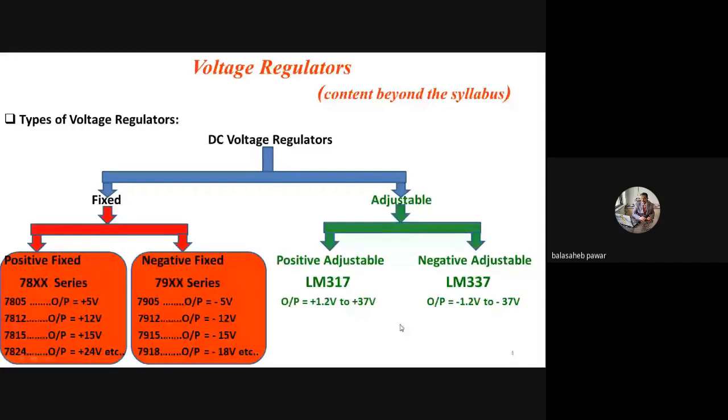So see, just to compare this adjustable and fixed one, suppose we require somewhat 5 volt regulated DC voltage, right? Just take the example, if we require the regulated output voltage as 5 volt, so we'll think to use this 7805, because we know for 7805 the output will be positive 5 volts. Is it? By using positive adjustable, that 5 volt also we can achieve by using this LM317.